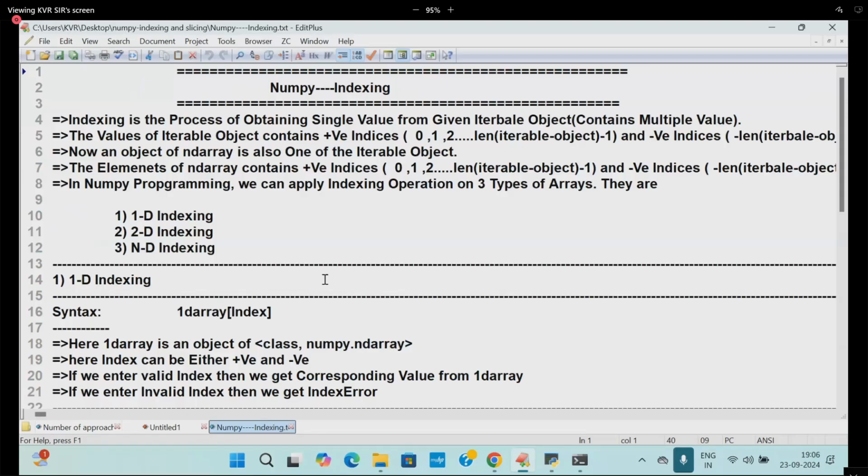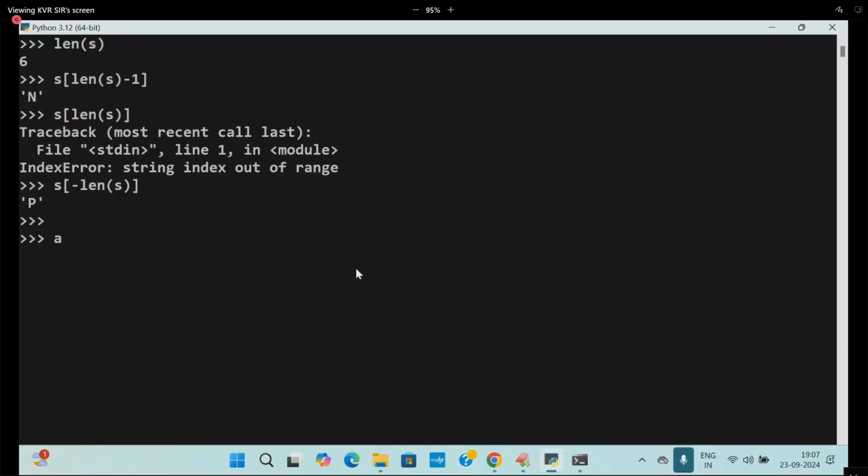Come on. Indexing is the process of obtaining a single value from an iterable object that contains multiple values. 1 minute more. A is equal to 10. It is called a single value. Print of A comma type of A, which is an int type only. It doesn't contain indexing. A of 0, error.